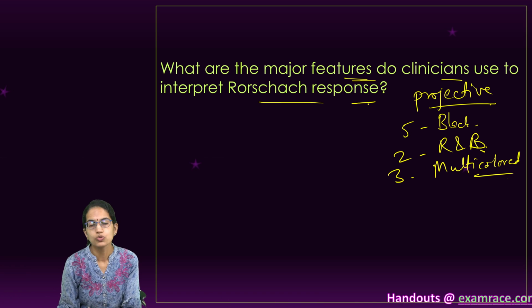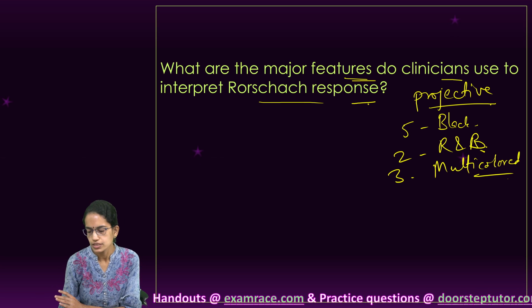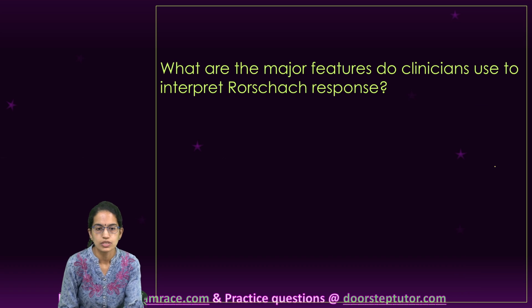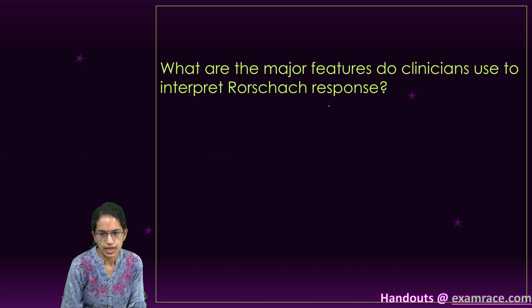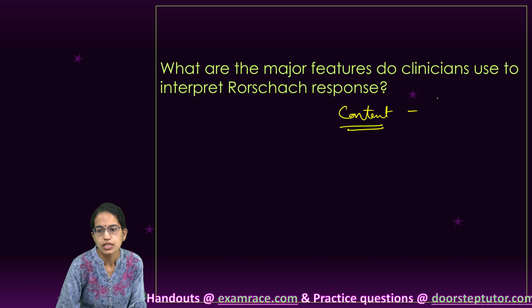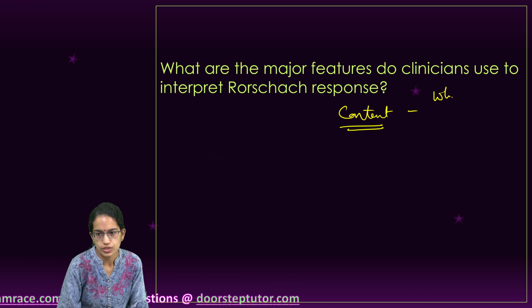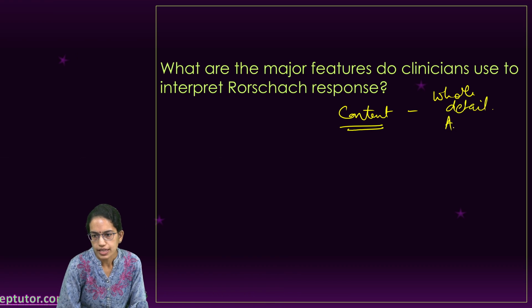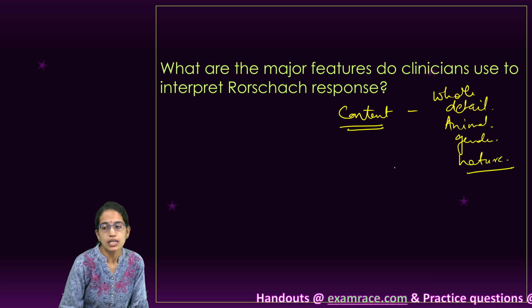So the subject is usually asked to hold the card, rotate the card, and then the responses of the subject are analyzed. Now, how the responses are analyzed is under different categories. So there are four major categories. The first is content. Under content, what we see is the whole human, the idea, the details. So it's firstly the whole human, then the detail human, then we have the animal detail, if any, the gender, and the nature. So those are the characteristics we see in the content style.